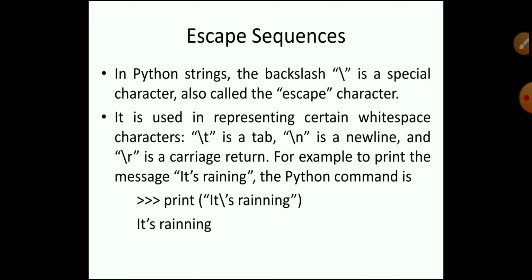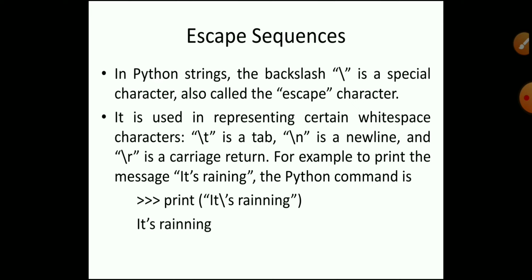That white space is used to represent certain characters. Backslash t is a tab. We use the tab key on a keyboard, no? So that tab key is used to give a few spaces before your text. So that is called slash t. Slash t is a tab, giving some space to your line. Next one, slash n. The first line is over, next line, creating a new line. Slash n is a new line, and slash r is a carriage return.